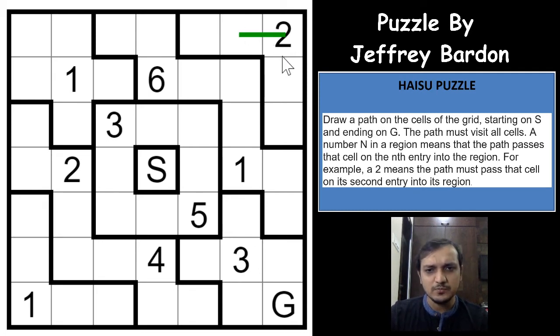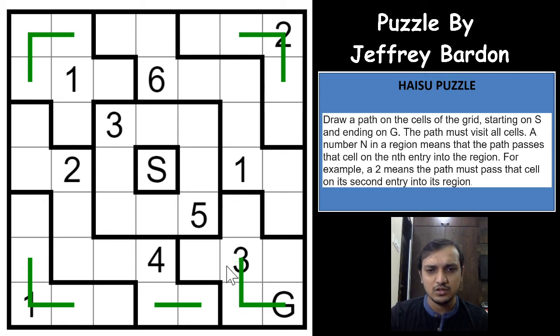As we know, all of these cells will be used by the path except the G here. We can make sure, because we know that the S will have only one end of the loop segment and it will go somewhere like this. So all the other corner cells can be filled like in a loop puzzle. In a loop puzzle, we usually do that, right? When all of these cells are used by the grid, we usually do it this way. We can do that here, but we are not sure for the G because S can go this way as well, or this way anyway, right?